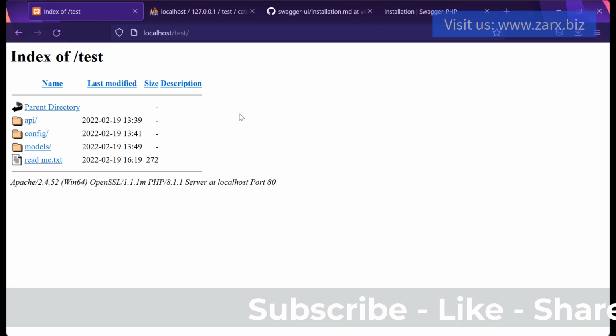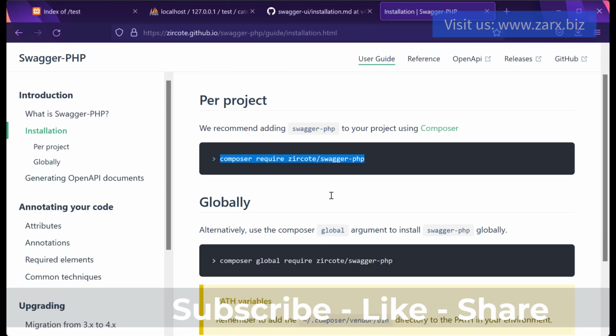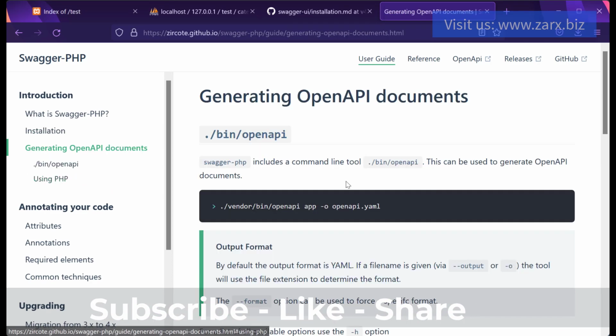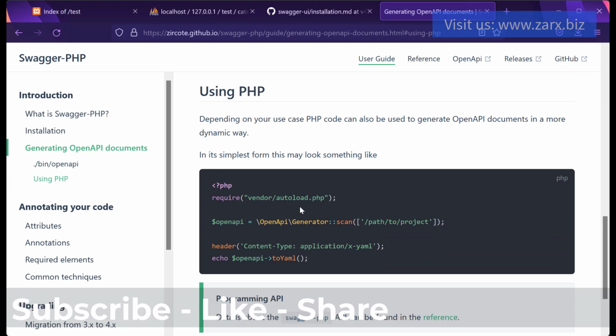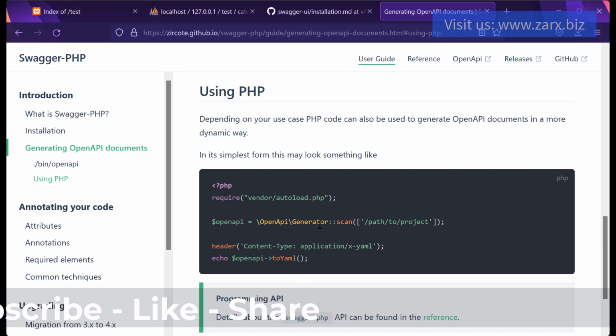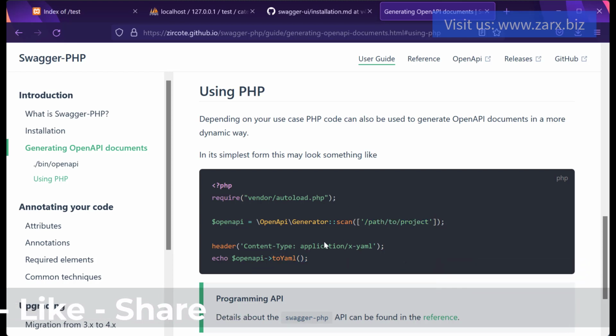So what we need to do currently, we need to create a file. If I go to the documentation here, what they suggest is generate OpenAPI documents. When you go inside this document and scroll down, you will see using PHP, we need to use this. What exactly is it going to do? It is going to scan a directory where we have our PHP files, and it's going to convert it to JSON or YAML. So we are going to convert it to JSON,